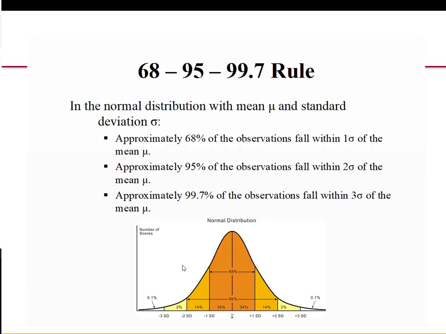All right, so I want to show you this. In a standard normal distribution, in the dark orange, 68% of the observations will fall within 1 standard deviation of the mean. In 2 standard deviations, plus or minus, you'll observe 95% of the scores. And when you go out to 3 standard deviations, you've captured almost 99.7%. So almost all of the scores will have fallen under the curve when you go out to 3 standard deviations,